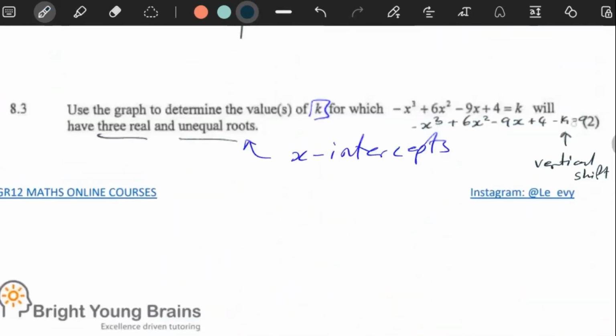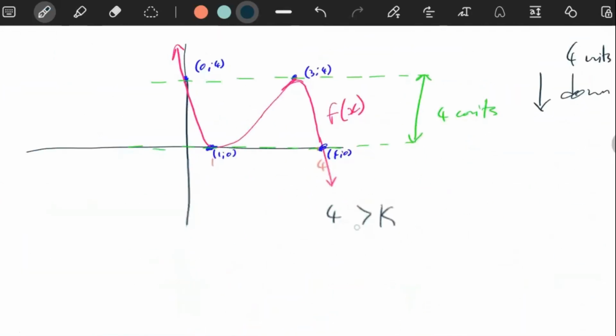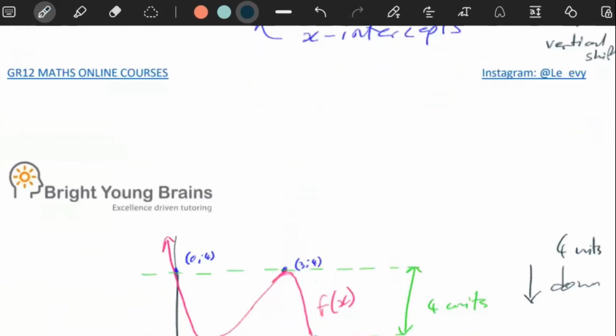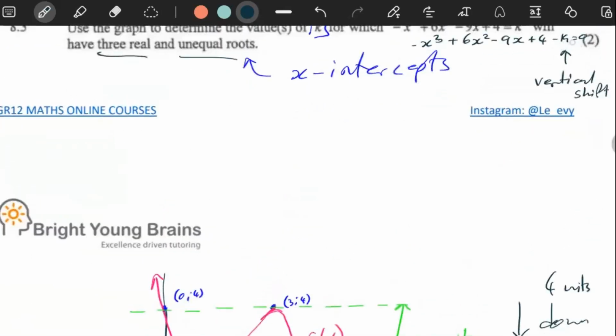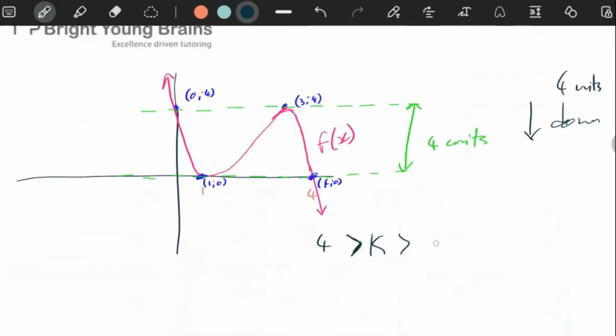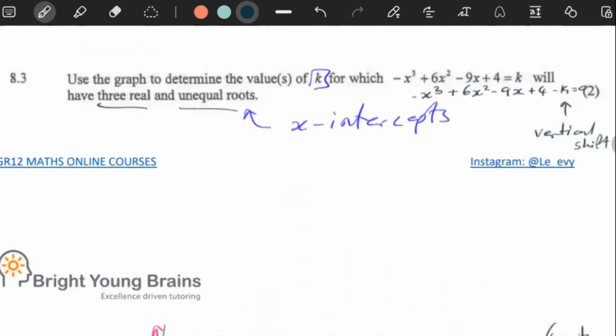So let's see how that is going to look like. k cannot be bigger than 4. So k has to be smaller than 4, yes. However, for you to move this graph upwards, right, the value of k here, if it's a 0, it means the graph does not go anywhere. If it's a -1, it means the graph would have been moved 1 unit upwards. So it means that k has to be bigger than 0. You see, so the value of k has to be a positive number that is between 0 and 4,